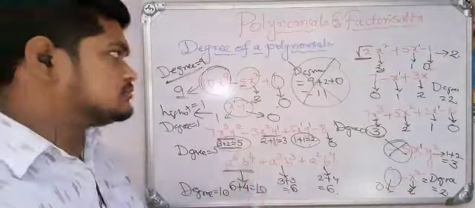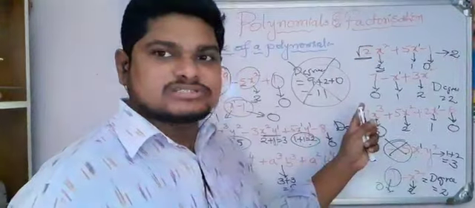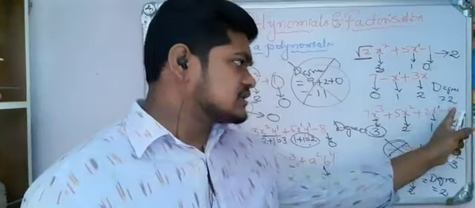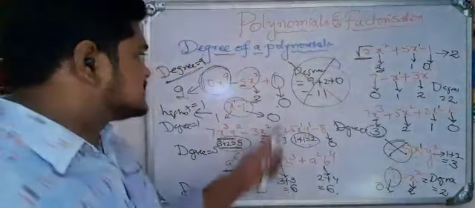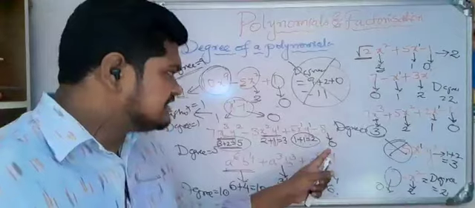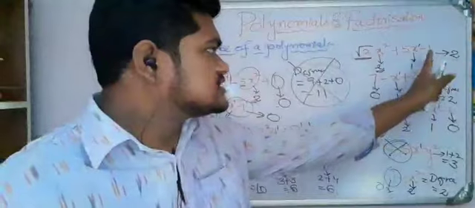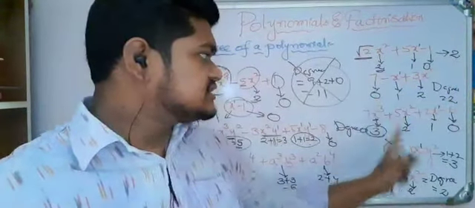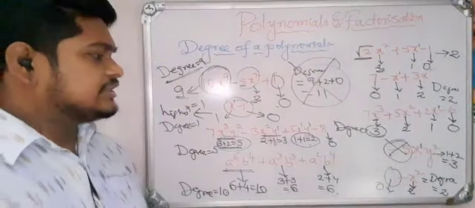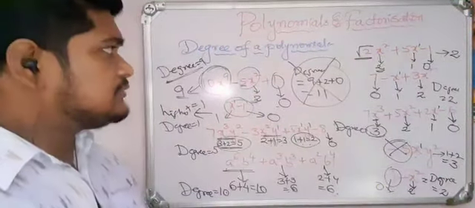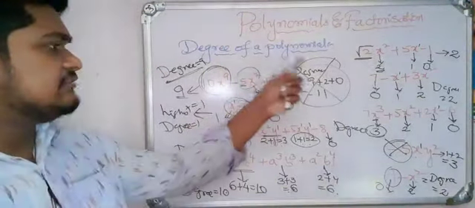These are the different examples in the polynomials. In some cases, many members take the powers of 7 to 6 like that. Don't take only 7, it means it is a constant. Degree will be equal to 0. Don't consider the power should be 1. Okay, na? See, 1 is there, here 8 is there. Everywhere I wrote the degree should be 0. Constant 0. So degree of the constant polynomial is 0. Zero polynomial is already defined, that is not defined. Okay, na? These are about the degree of the polynomials.